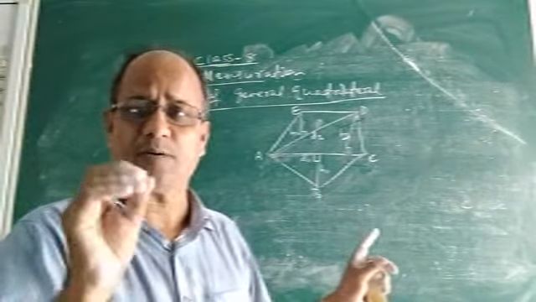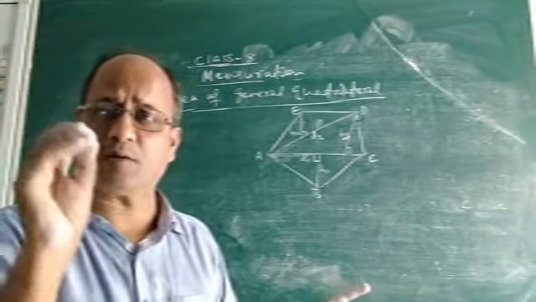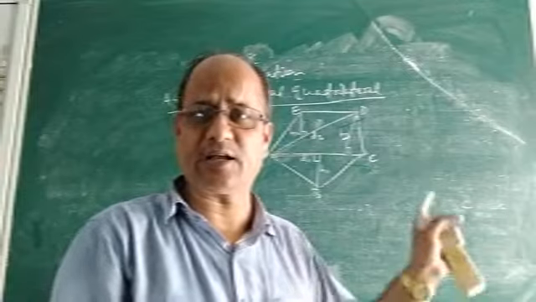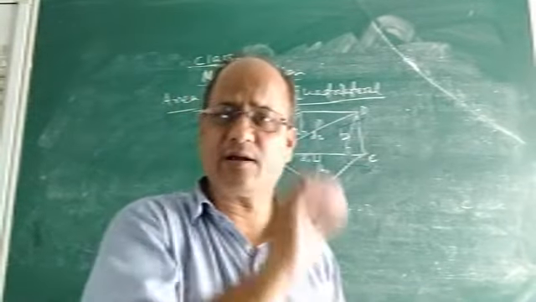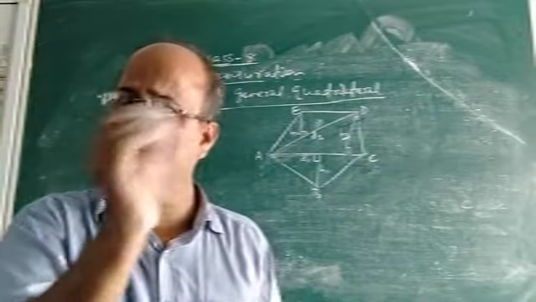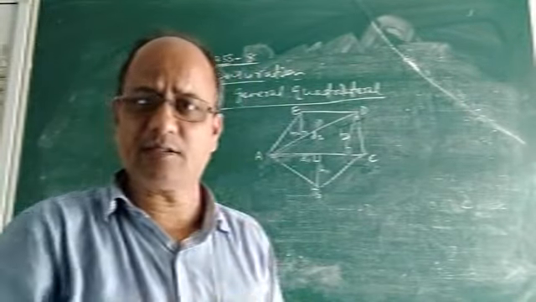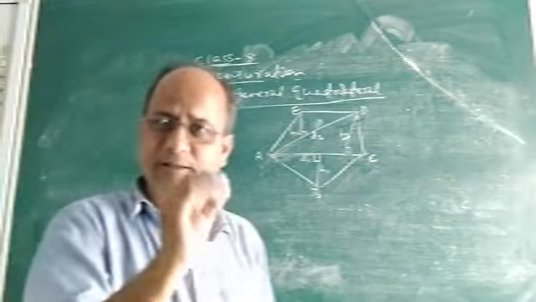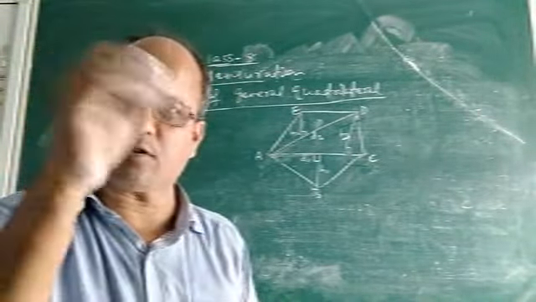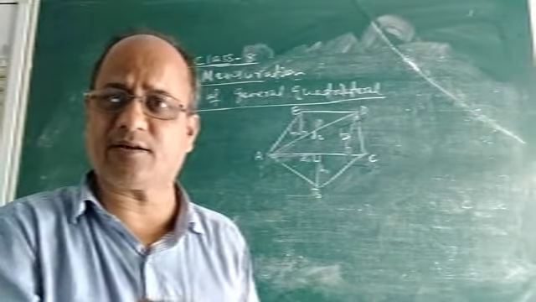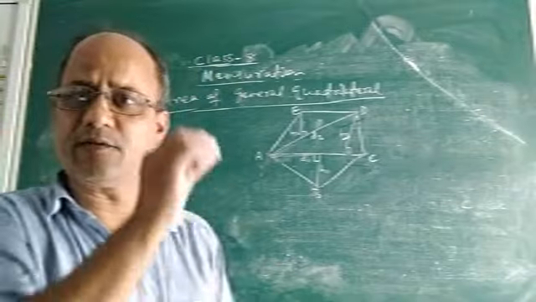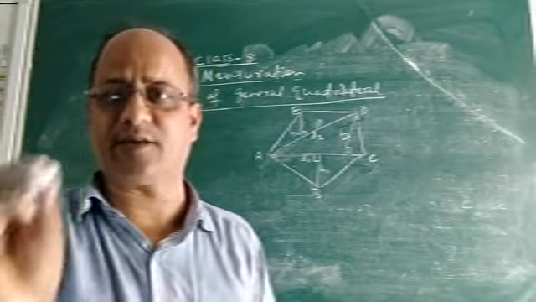So that is the first step: divide the polygon into different linear or plane figures like triangle, square, trapezium, etc. Then you know the area formulas for those particular plane figures. Using those formulas, you calculate the area of all the plane figures into which you divided the polygon or the quadrilateral. Then you add them, and you will get the total area of the general quadrilateral or the polygon, as the case may be.